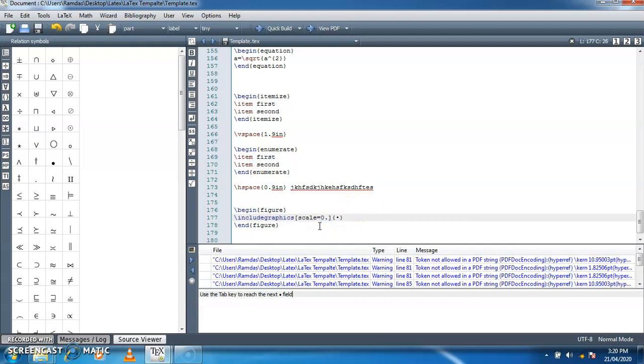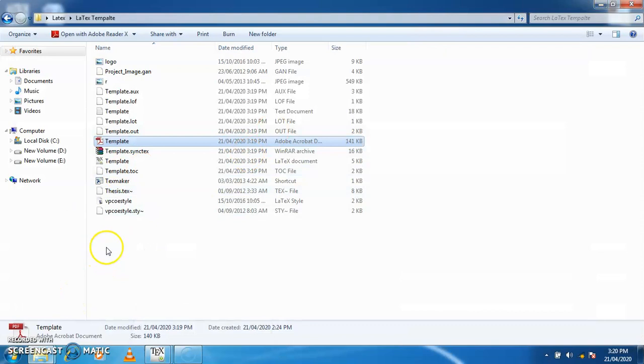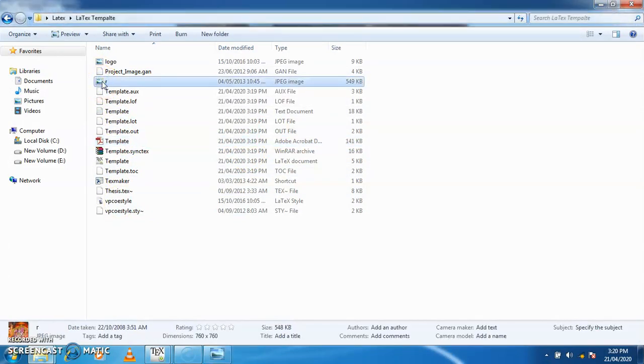Suppose I am using 0.5, and the second part is the name of the image you need to include with its extension, suppose r.jpg. I have already included this r.jpg in my LaTeX folder. Here my LaTeX files are there, and in the same folder I have included this particular r.jpg file.